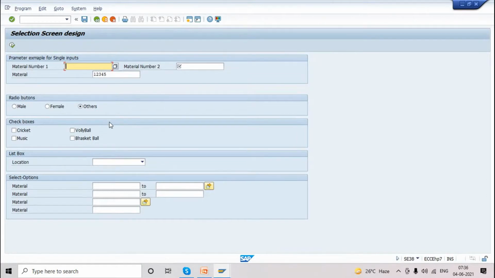Any confusion, any doubts on this before going to the next program? I'm good, Kishore. Sir, understood, sir. Yeah. No, sir. Now this is only a single screen. Okay,